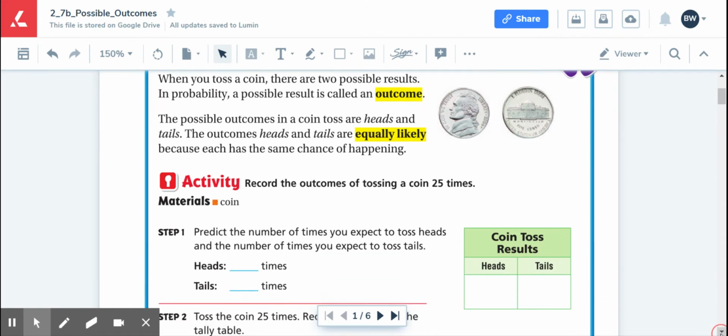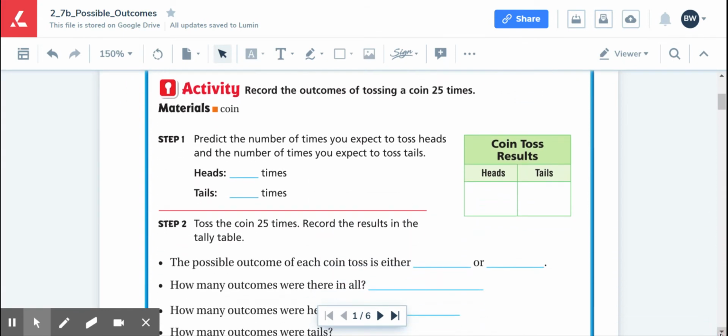As we scroll down, I have tossed a coin 25 times. We have to predict the number of times that we expect to toss heads and the number of times that we expect to toss tails. But 25 doesn't really have an even half, right? I know that it's probably going to be around the same number. So I could break it up and say that I toss heads